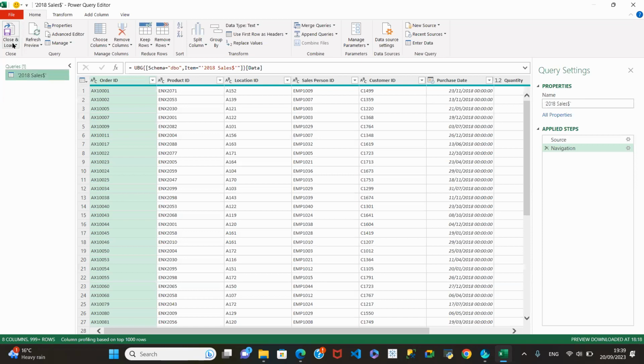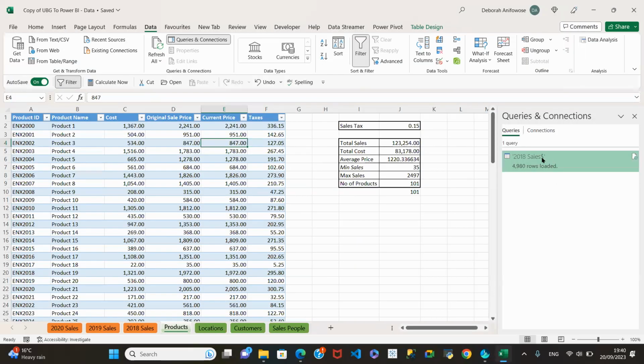Let's try something. Let's say we want to still bring in one of the other tables into here. What I mean by that is, we've got 2018 sales in Power Query already. We don't have product locations and all of that. Okay. So, and if we go into our Power Query,